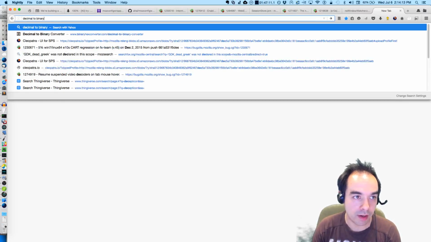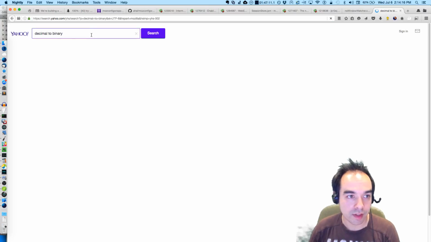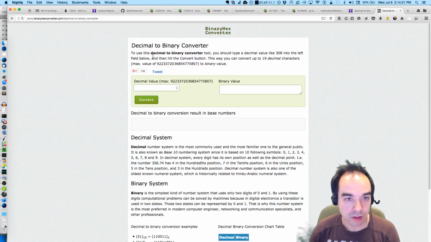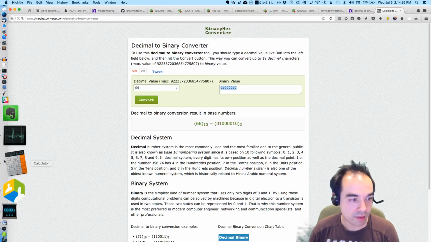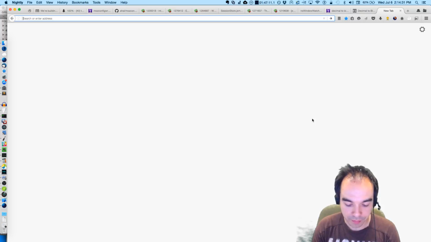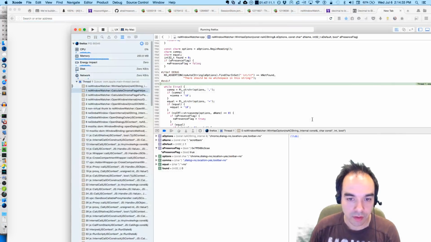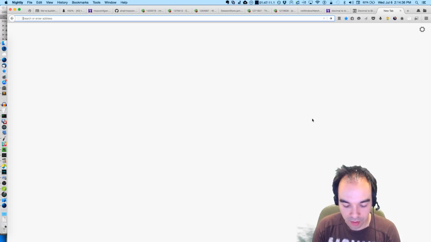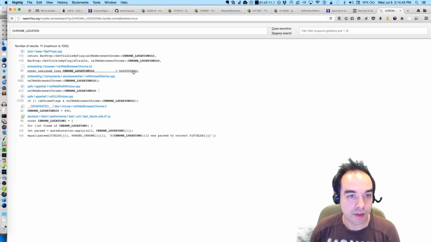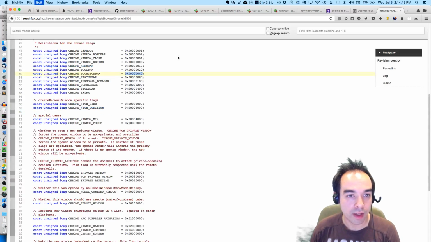decimal to binary, if we look at 66, it's these two flags, and the location one, is that the one we were worried about? Chrome location is 0040 in hex, or no, in binary.